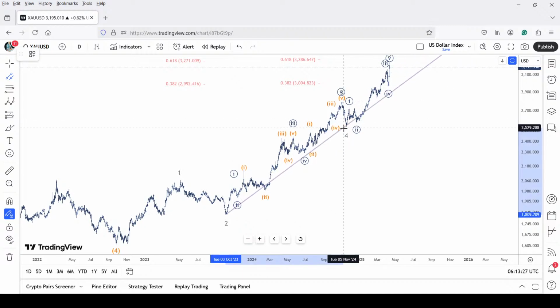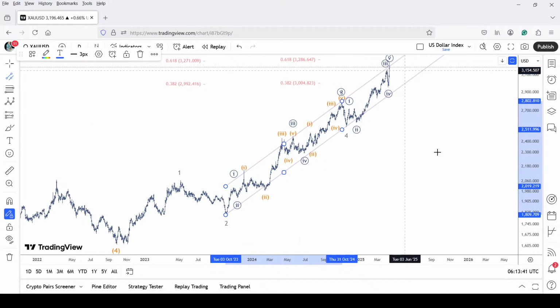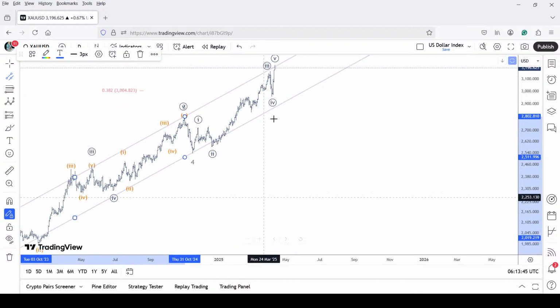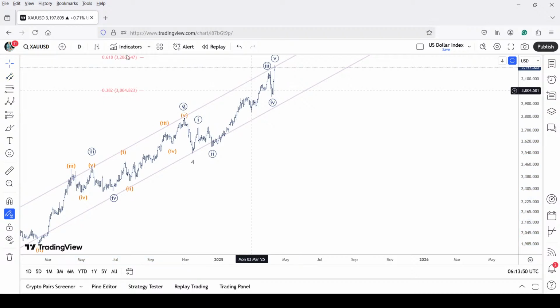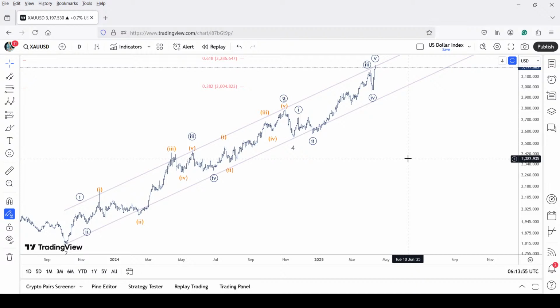If that is wave 4, and we push it through the third wave, the daily channel is being tested right now. You can see here, let me zoom in a bit. So the daily channel has been tested already and prices are pulling back. Okay, so this is a good thing. Point number one,